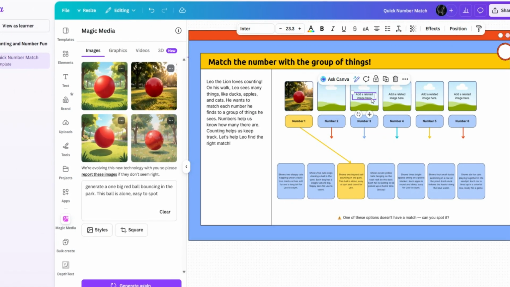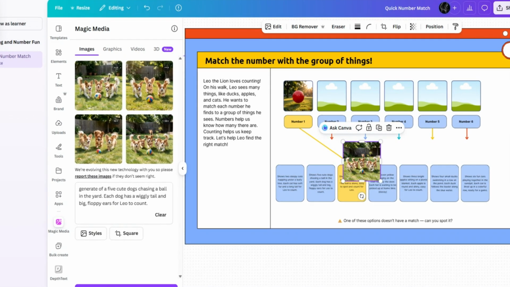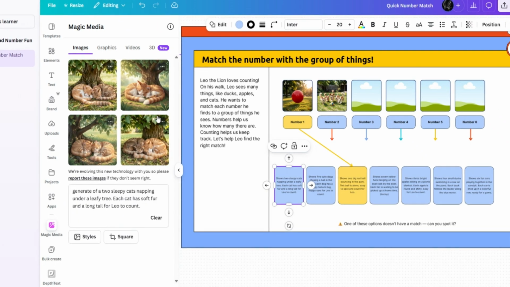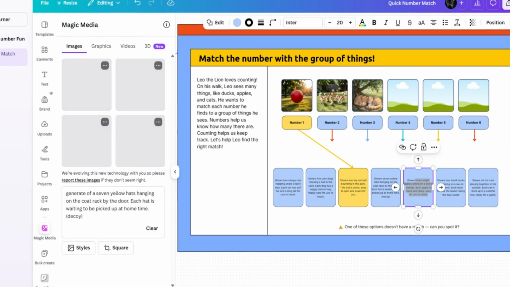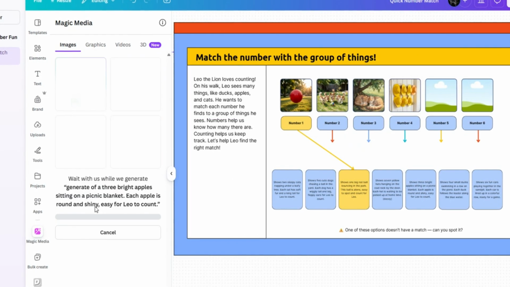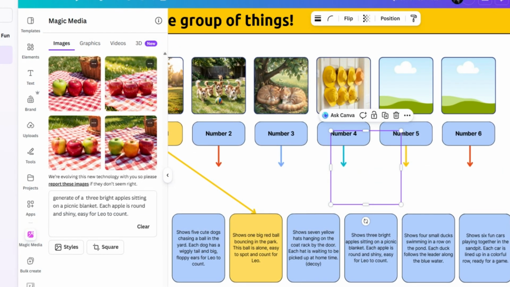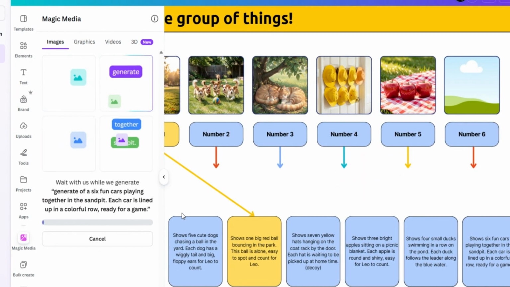I'll repeat this process for the remaining numbers. For number 2, I'm generating an image of a pair of yellow hats and dragging it into place. For number 3, I'll prompt the AI for 3 bright apples on a picnic blanket and drop that into the third placeholder. For number 4, I'll ask for 4 small ducks swimming in a pond and add it to the worksheet. Finally, for number 6, I'll generate an image of 6 fun cars in a sandpit and drag it into